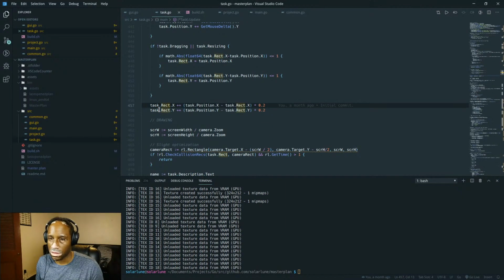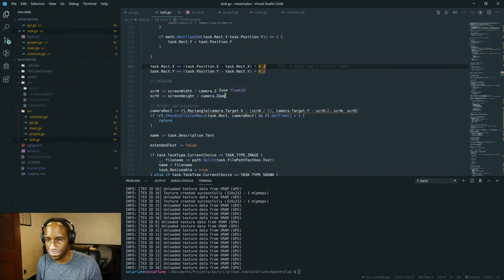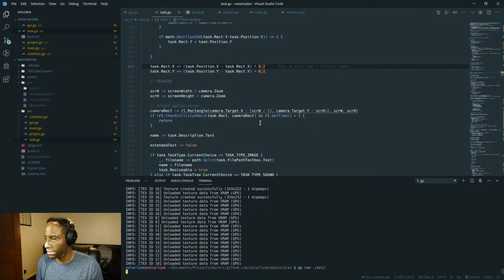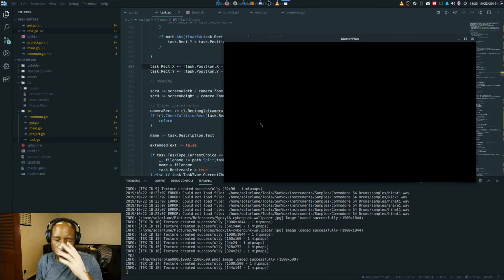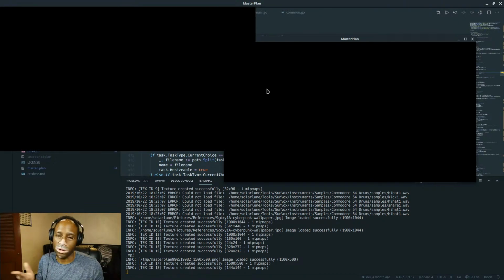Here we go. So this rect is a rectangle struct, which basically represents the position and the width and height of the task, and it just moves toward the position of the task. Well, I guess the difference between the target position of the task and its current position, and it slides toward it at a distance of 0.02 every frame. So it just slides slowly toward the position. Yeah, pretty straightforward. Not perfect. It's not a lerp because it's not a linear interpolation, but it does slide toward it like a lerp does, just not as correct.